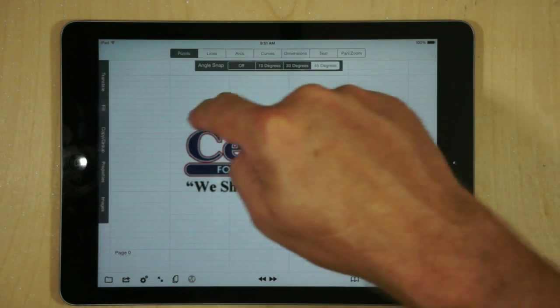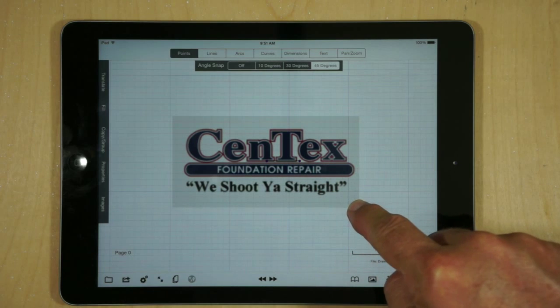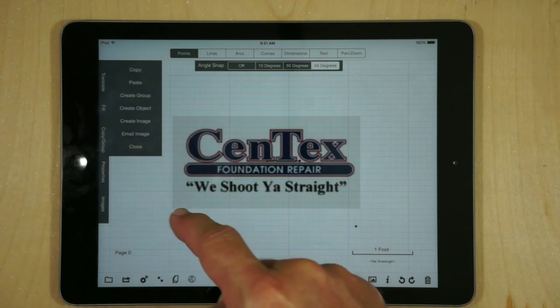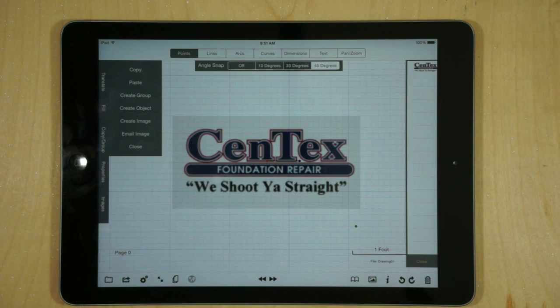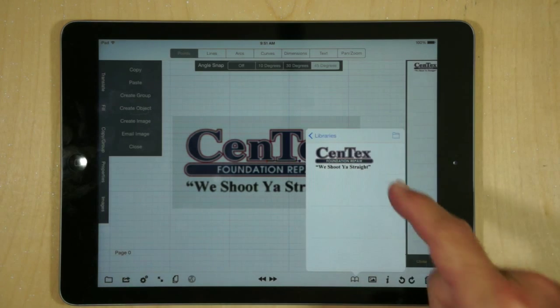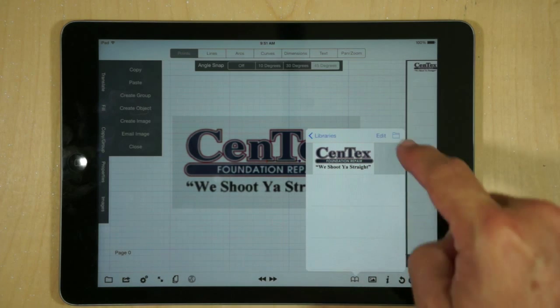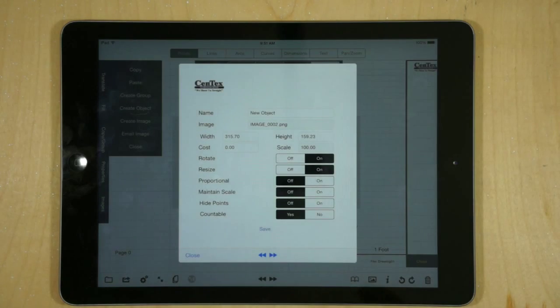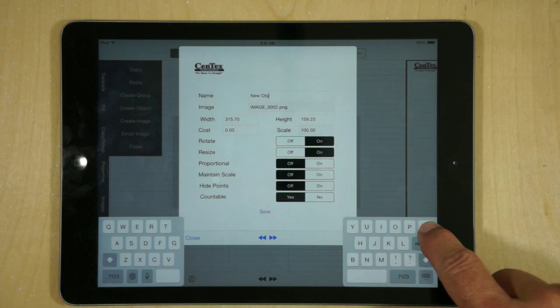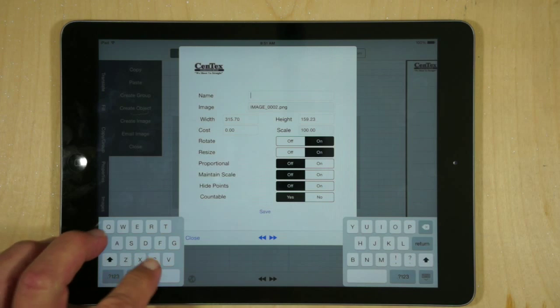And then what we need to do is actually add this to the GraphPad image library. So we'll select it, we'll go to copy group, and we'll say create image. Now we can edit that image by going to library, my images, edit, select the image we want to edit, and now we get the property form. And in this property form we need to change the name to company